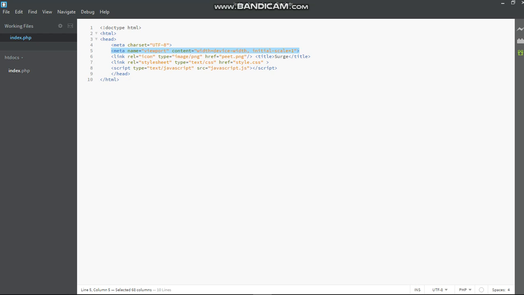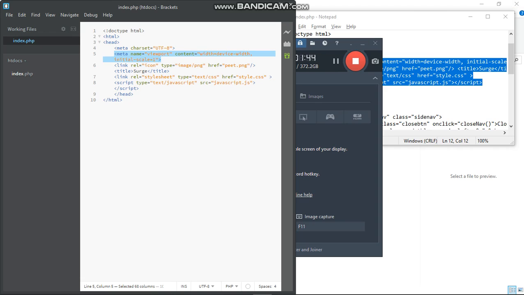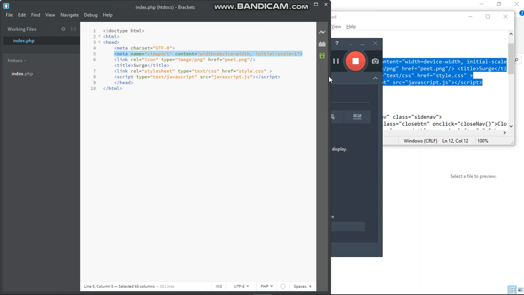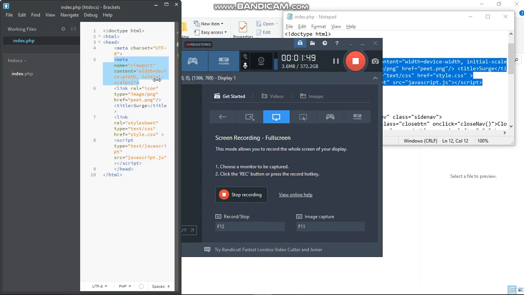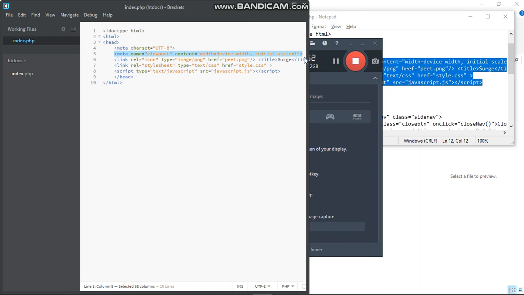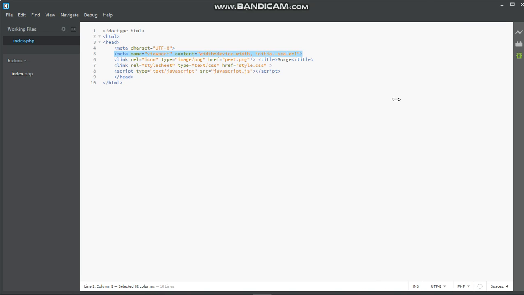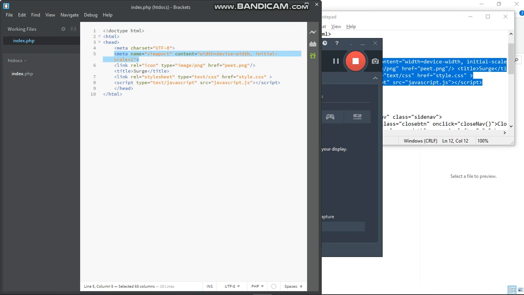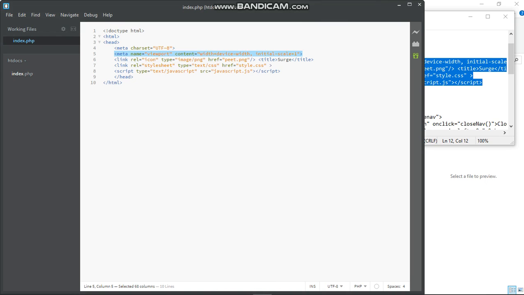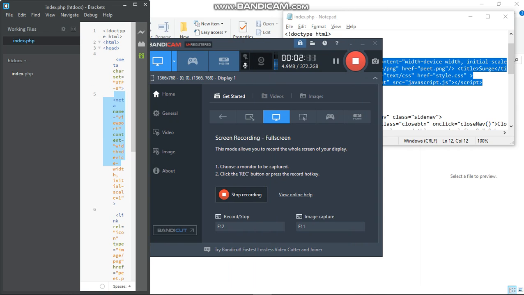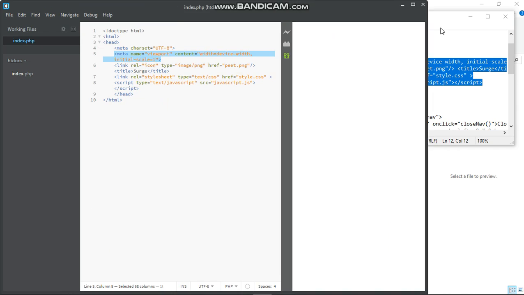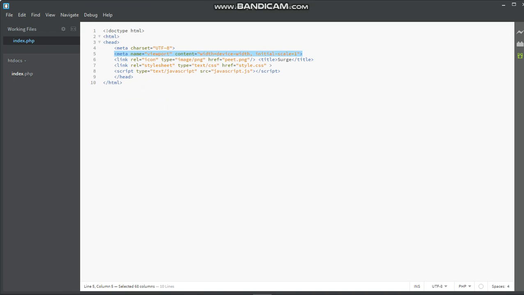Then this is to make our page responsive. People are going to be using our site on different devices like phones and other things. So this is what we call a responsive site. As you can see, it's adjusting. Some people, when you just move their web page, everything scrambles up. My web page was once like that, but as you can see, it has even slimmed up. That's how responsive sites are. That just makes our site responsive.